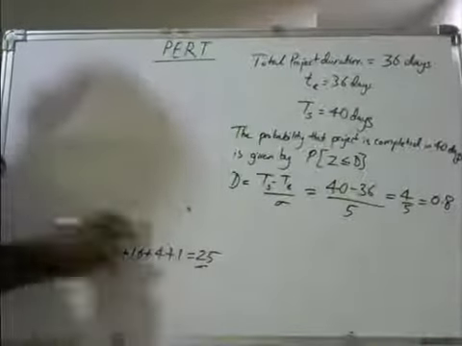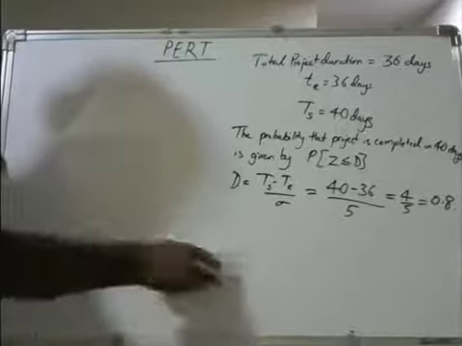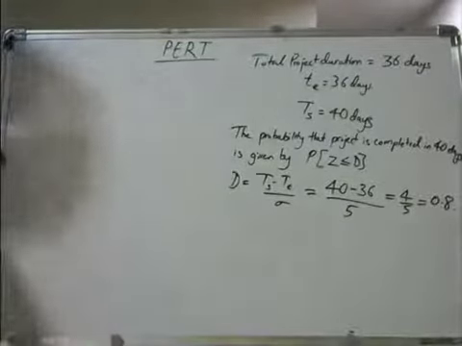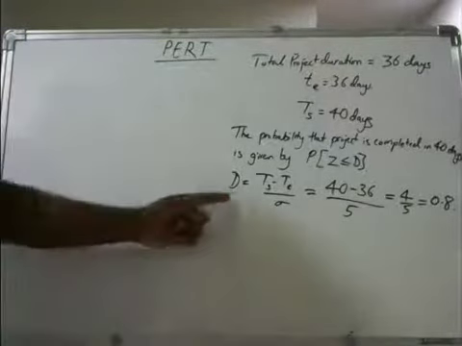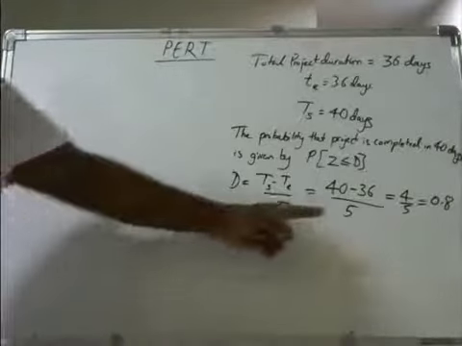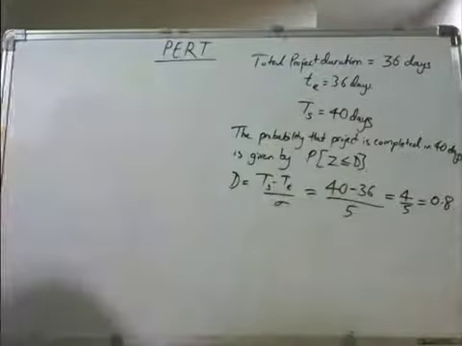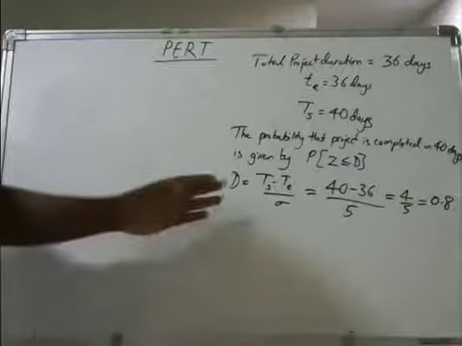So I'll take this off as well. So you got this as D. D is 0.8. Now this is not the final answer. Now you need to find out